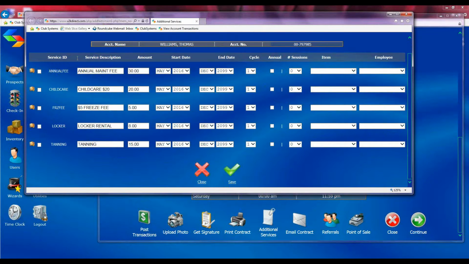So the way we would add the service to this new member is to go ahead and check off, on the left, the little checkbox next to the service name that they've signed up for. In this case, maybe this person has signed up for childcare at $20 a month, so I've checked that box. You have some additional options pertaining to your services from this point, and these are definitely optional for you to extend to your customers. Those options would be that you can set the service to bill on a separate